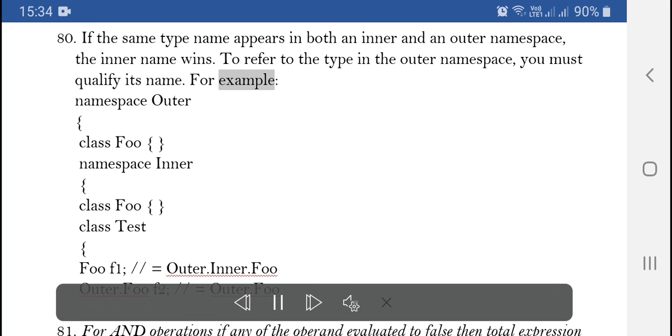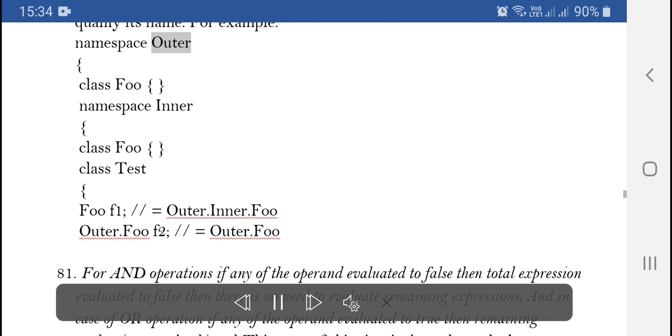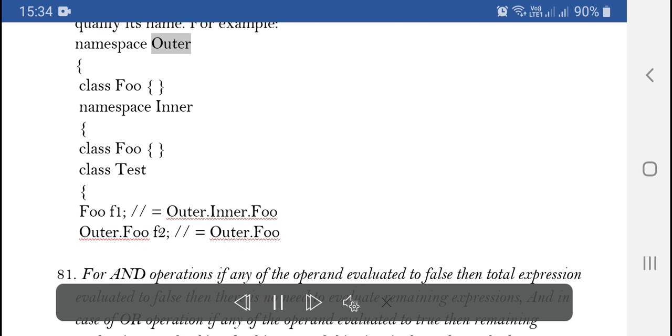For example: namespace Outer { class Foo { } namespace Inner { class Foo { } class Test { Foo f1; // = Outer.Inner.Foo Outer.Foo f2; // = Outer.Foo } } }